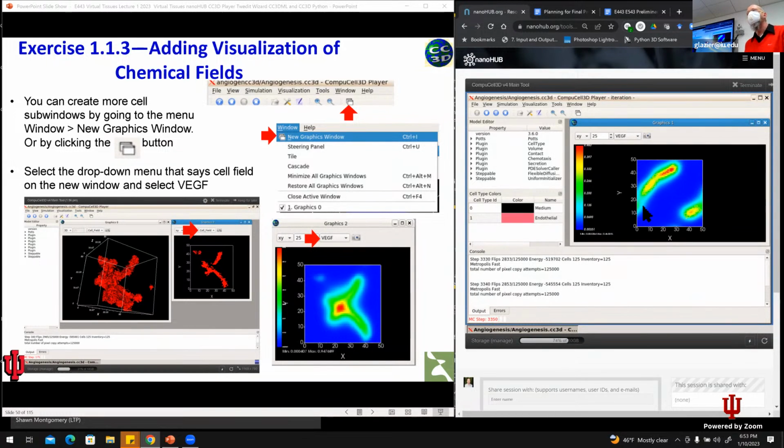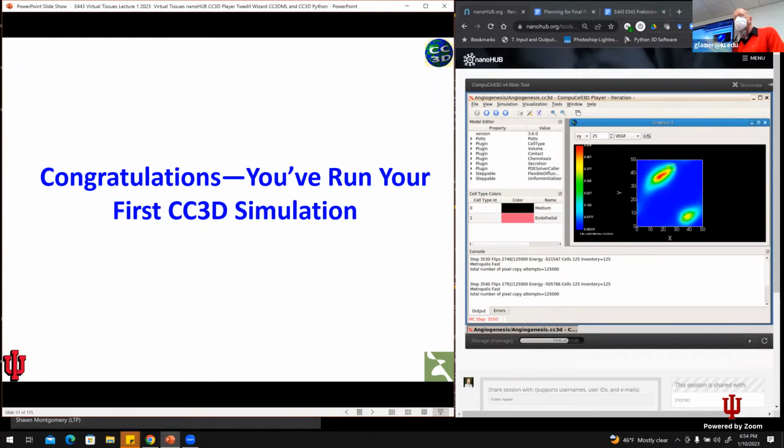How's that going for people? Is it working? Not working? Okay, so we've now run a CompuCell3D. Or maybe gotten stuck for